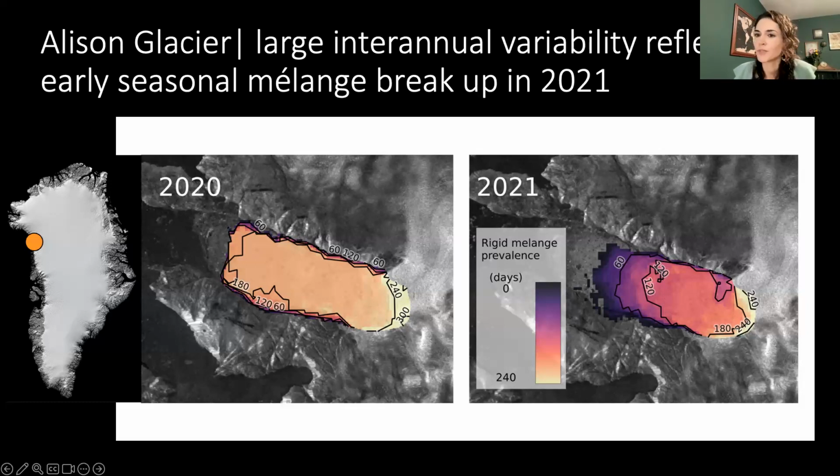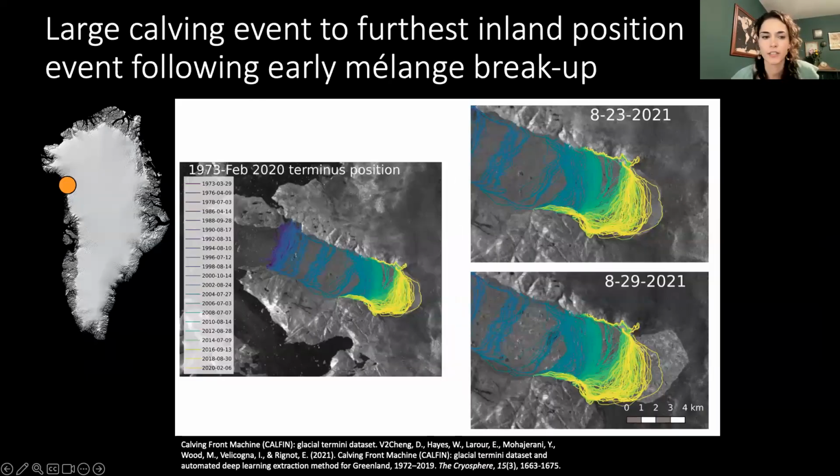So how did that impact the glacier itself? Well, if we look historically at the changes in the terminus, or the calving front position, at this glacier, starting about 50 years ago in the dark purple, all the way to present or near present in the yellow, you see that this glacier has retreated dramatically over time. There were a few places where the retreat was more pronounced, but in general it was a steady retreat over time. However, later in that same year, 2021, a couple of months after the mélange flushed out,